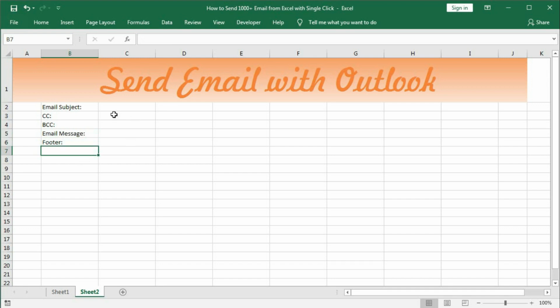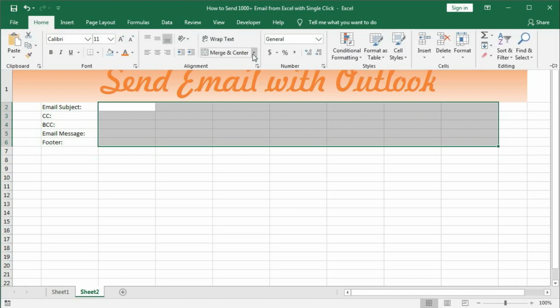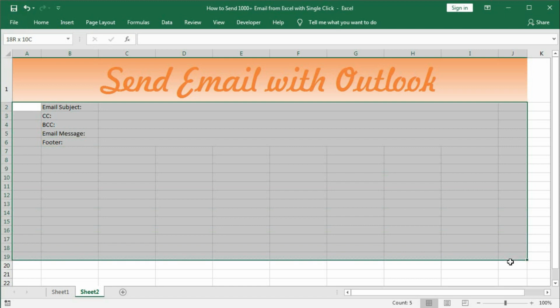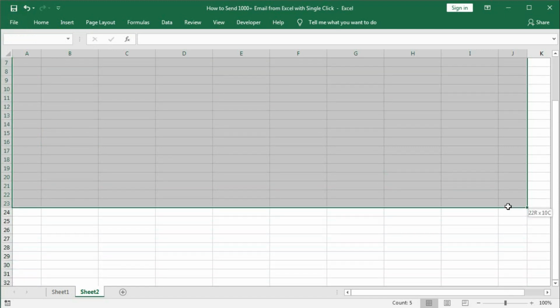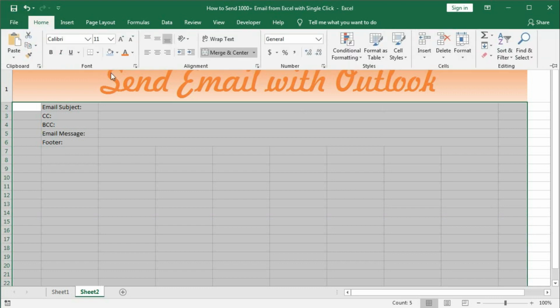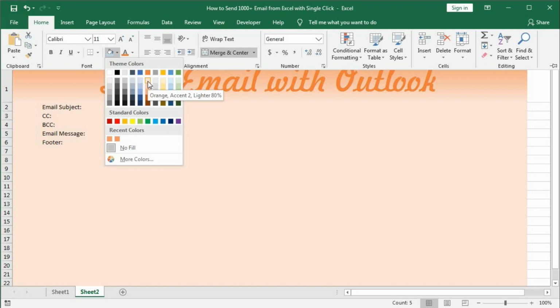Okay, now select all these cells up to here, and go to home, select merge across, and select all these cells up to, let's take 25, and go to home and select this color.